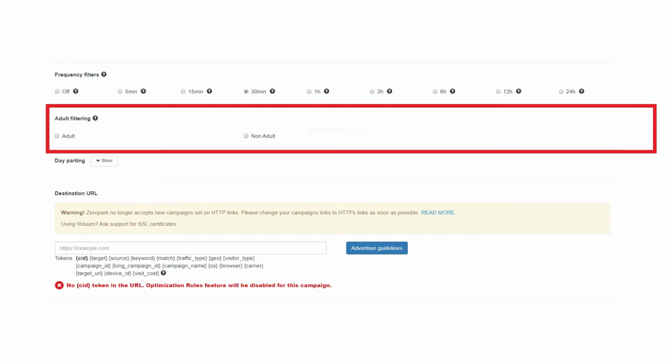So this filter determines the type of traffic that goes to your offer, not the offer itself. So you can send adult traffic to mainstream offers, but you can't send mainstream traffic to adult offers, or you will literally get